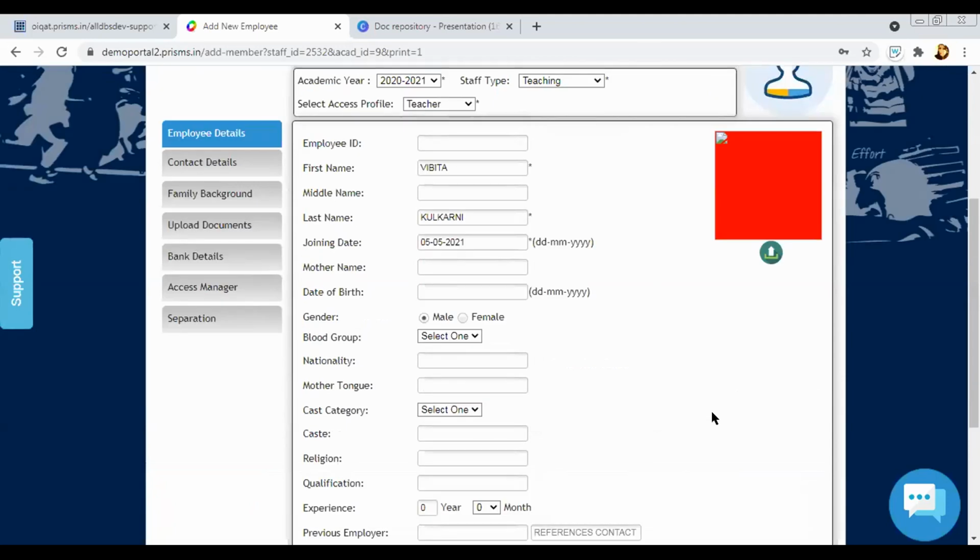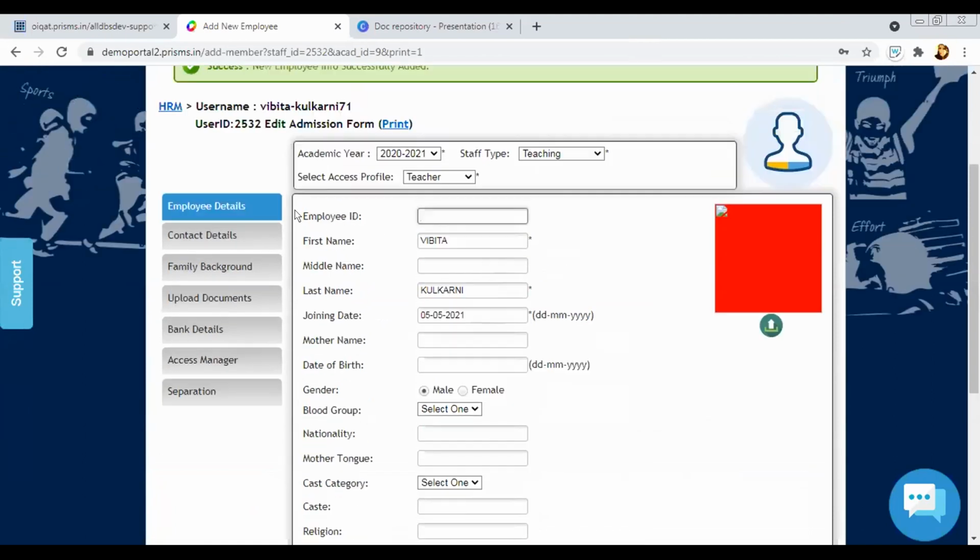What about employee ID? You can enter your employee ID at the beginning itself. If you have any employee ID, you can add it. If you don't give any IDs, you can keep it blank. It's not a compulsory thing. Is it not possible that the employee ID can be a continuous employee ID?